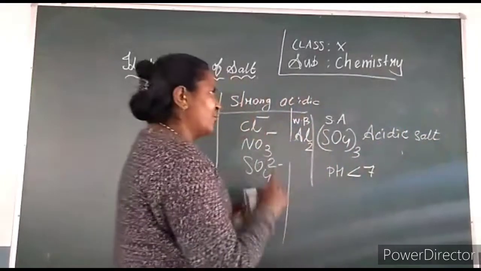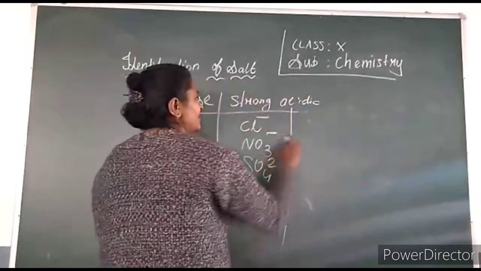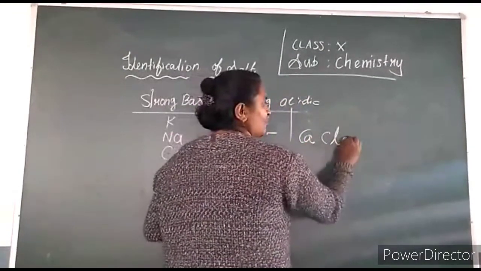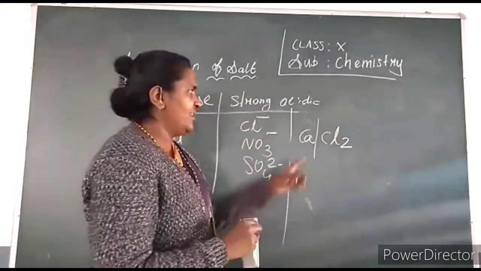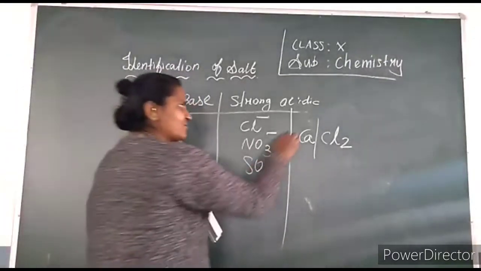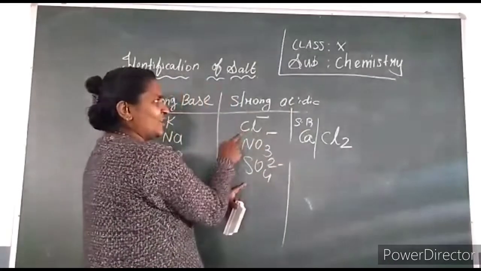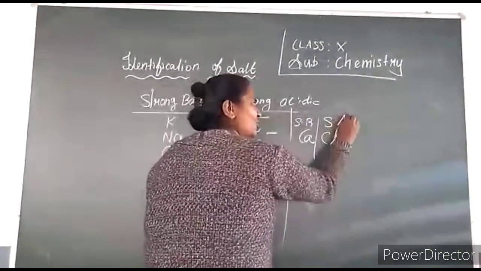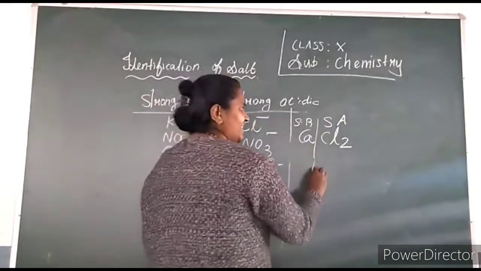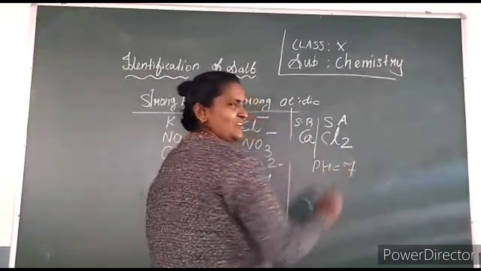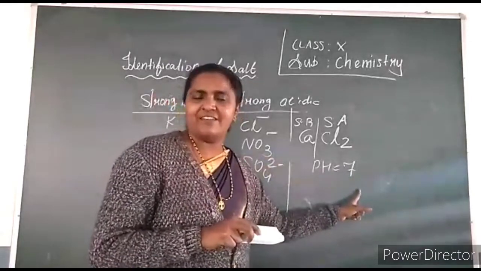Are you getting? And one more example. Calcium chloride. So calcium and chloride, two radicals are present in a salt. Calcium is a strong base. You write strong base. First one is base. Second one is acid radical. Chlorine, look at this. Chlorine is also a strong acidic group. Both are strong. So what will be? It is neutral. The salt is neutral. pH value remains 7. Drinking water is also neutral, you know, neutral solution. So pH value remains 7.